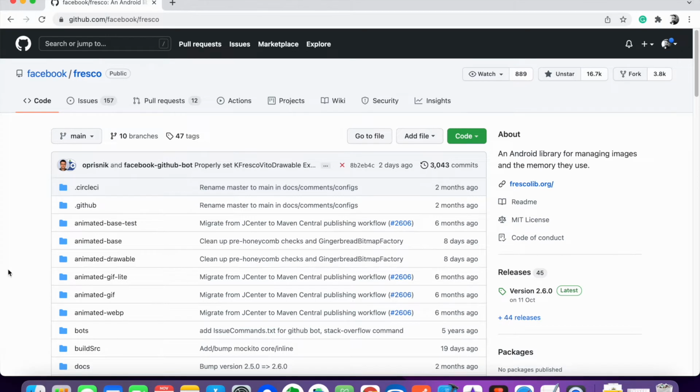Another image loader in the list is Fresco. Fresco has been developed by Facebook. This library also offers managing images, downloading them from the internet, and caching them in memory and reusing them. I haven't used it personally, but you can consider it with Glide and Picasso when you want to include an image library in your project. Maybe I will create a separate video to differentiate between all these libraries and when to use which library with all the use cases.